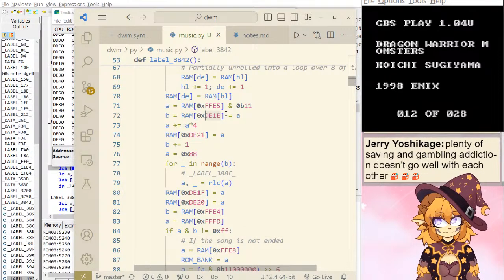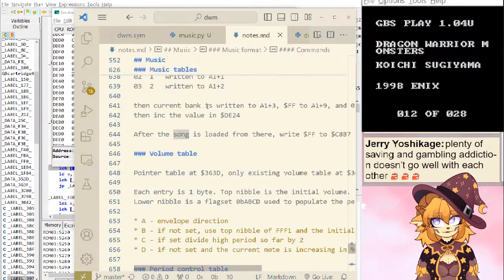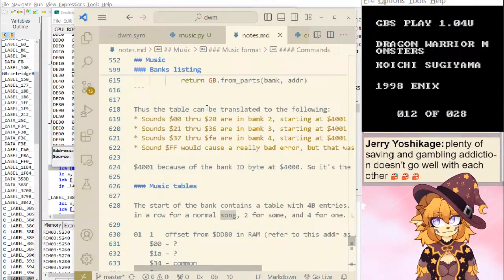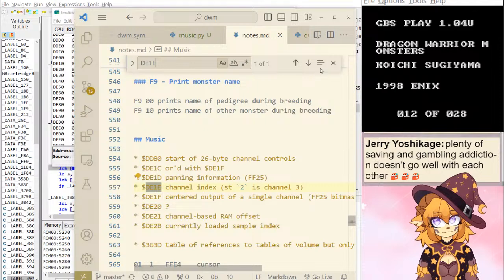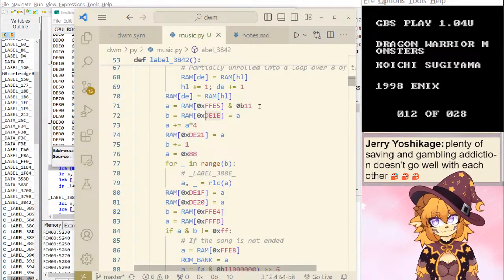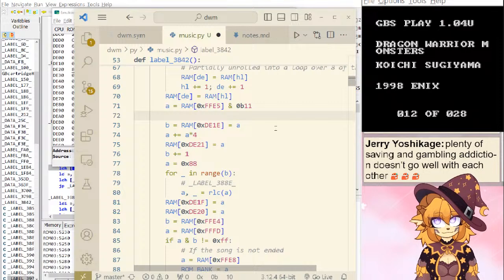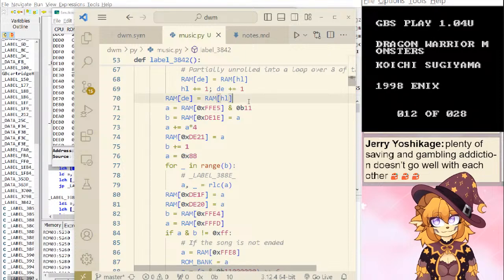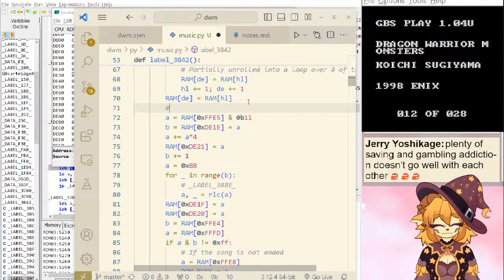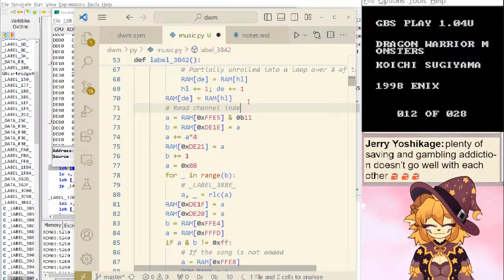Alright, so DE1E. That's the channel, isn't it? Yeah, so channel index. FFE5. Channel index.